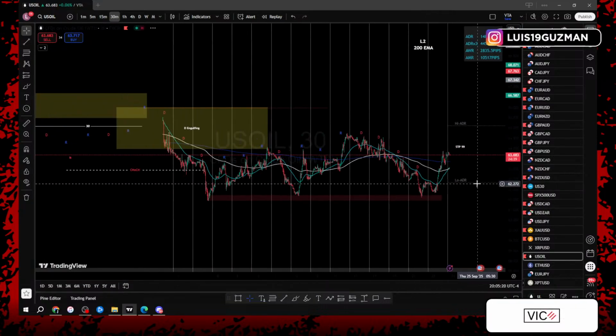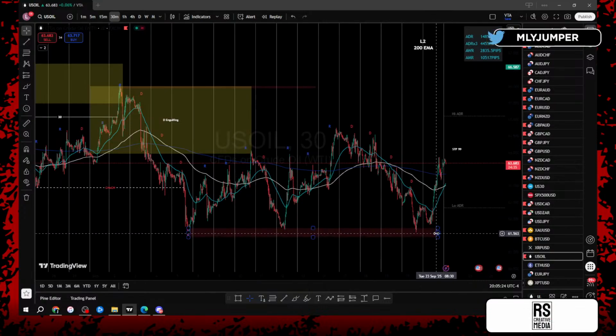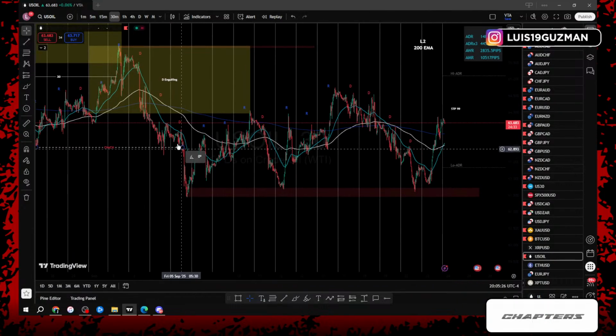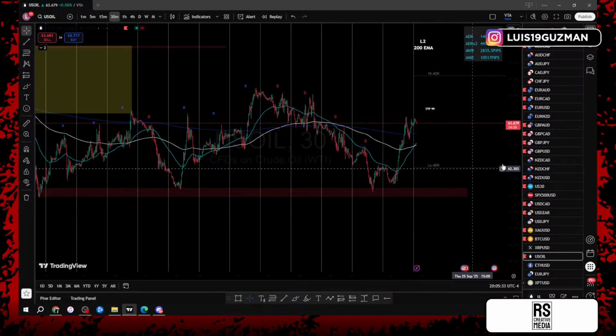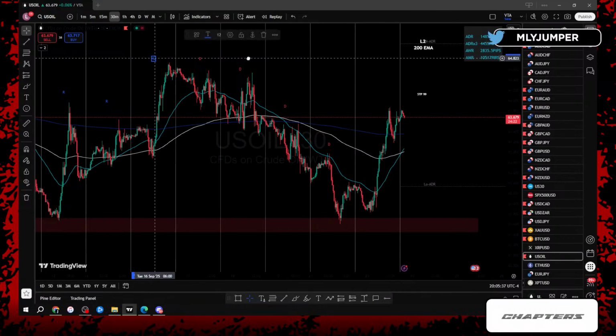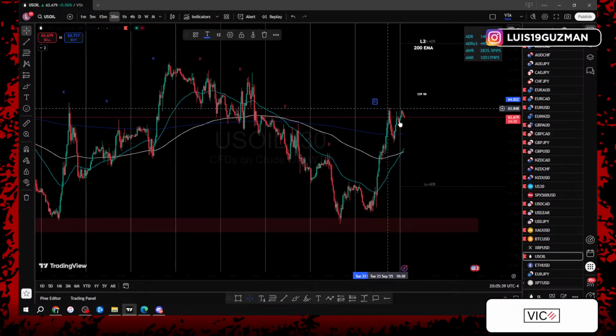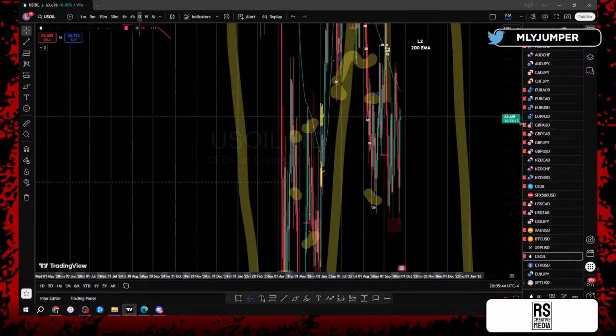On the 30-minute time frame, price gave us a change of character. It hasn't given us that valid break just yet. Price decided to just give us a zone of consolidation where price is rejecting lows and rejecting highs the entire time. So as soon as price gives us that valid break on oil, that's when I'll start looking to take those trades to continue that push into the overall lower low point.